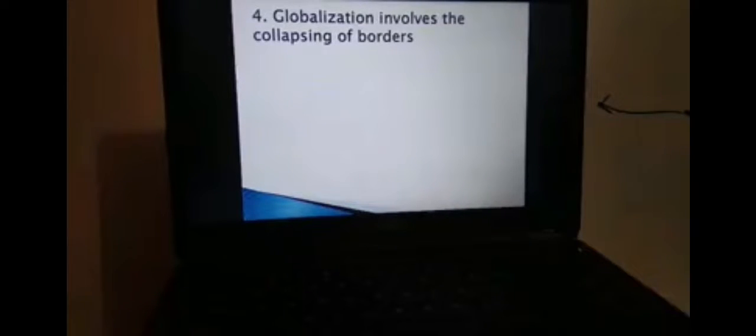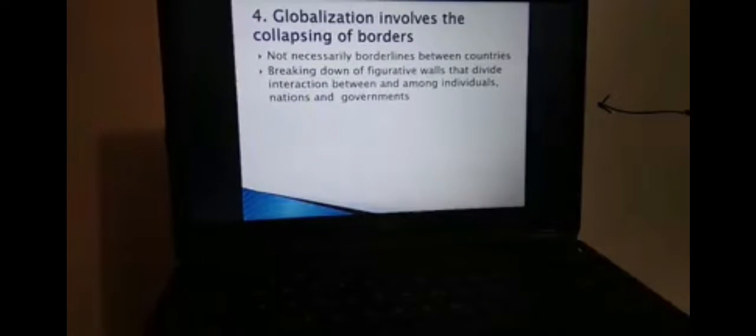Number 4, globalization involves the collapsing of borders. You know, there are divisions or a divide between countries and people of the world. These are not necessarily borderlines or literal borders between countries, but actually figurative walls that divide the interaction between individuals standing in one country and another in another country.